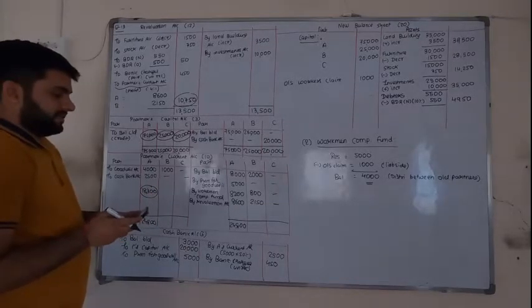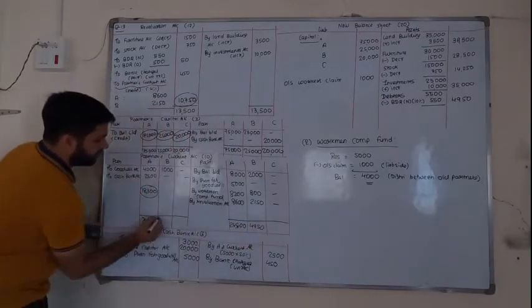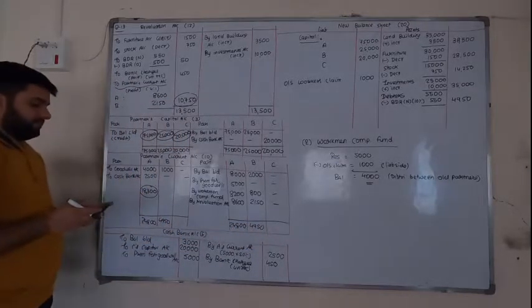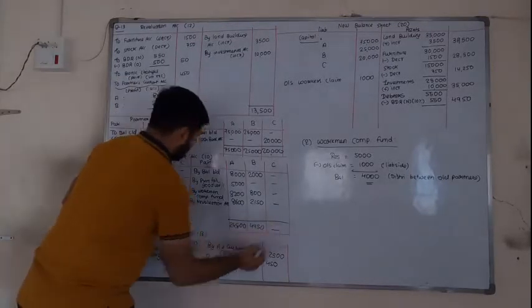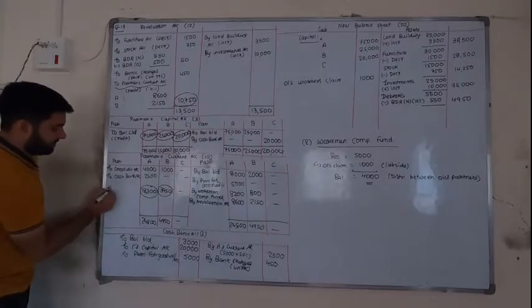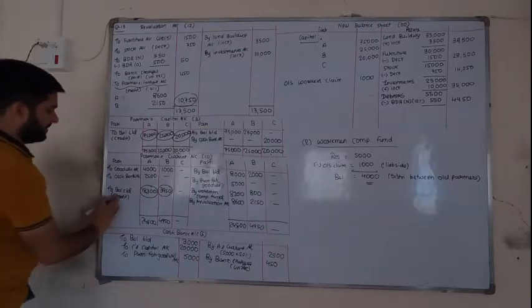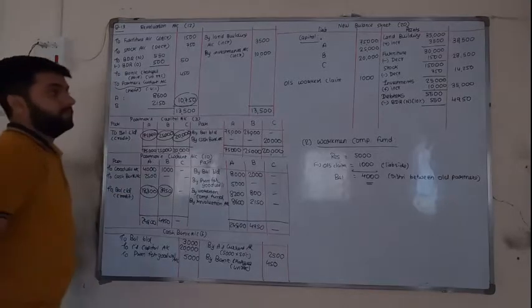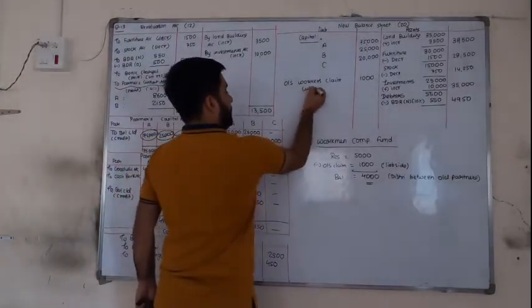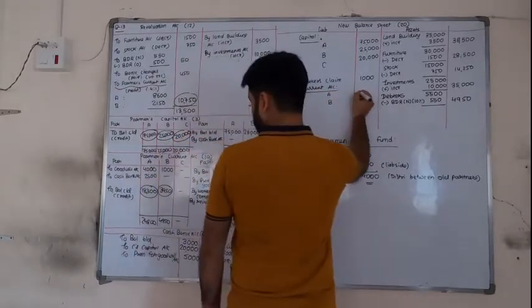Then 2,800 and 2,150 is 4,950, minus 1,000 is 3,950. Now for the new partner, nothing is the balance. Balance carried down, credit balance on the liability side. So current account A, B,